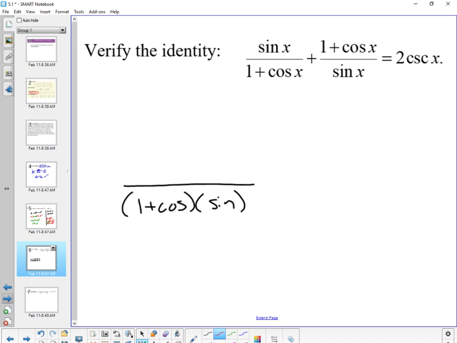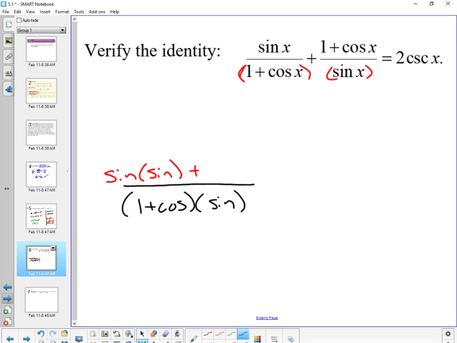No, because this is one thing, and this is the other, right? Now, look at the left side. 1 plus cosine was already there, correct? How did I get this denominator to match what I have now? You multiplied it by sine. I multiplied it by sine, so I'm going to get sine times sine plus